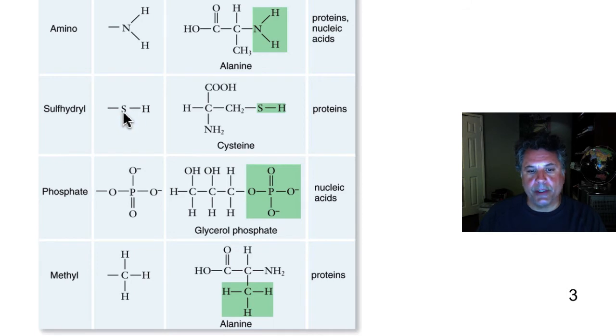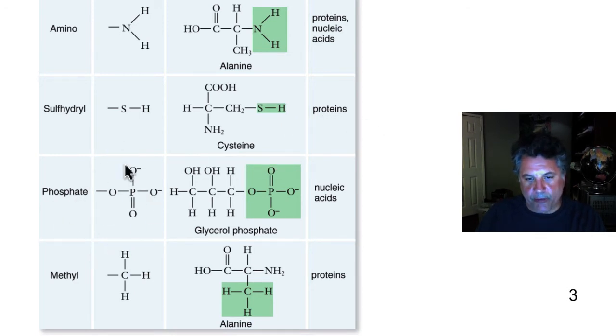The sulfhydryl group is sulfur bonded to hydrogen, and that would be bonded over here to carbon, say. Here's another amino acid, cysteine, in which we find the sulfhydryl group attached to the carbon. It looks like it's attached to the hydrogen, but actually these hydrogens are up here and here, and that sulfur is bonded to the carbon. We just write it that way for convenience's sake. So don't get confused. That sulfur is actually bonded to that carbon. And this sulfhydryl group is very, very important in maintaining the structure of certain proteins. And we find it in proteins.